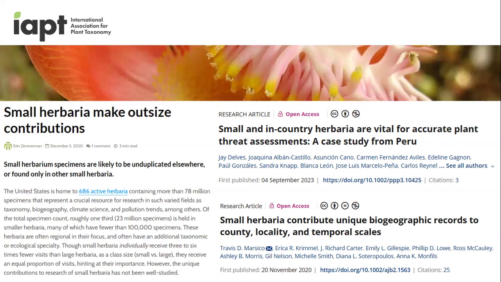These small herbaria, or small collections, as I should say, make an outsized contribution to our biodiversity knowledge, the knowledge of the biology of these organisms as a whole. The reason I say that is that it's becoming very clear there are entire areas of the world where people say there's nothing available in GBIF, nothing available digitally on a global level. That does not mean we have no knowledge, right? And what we want to make a difference is that